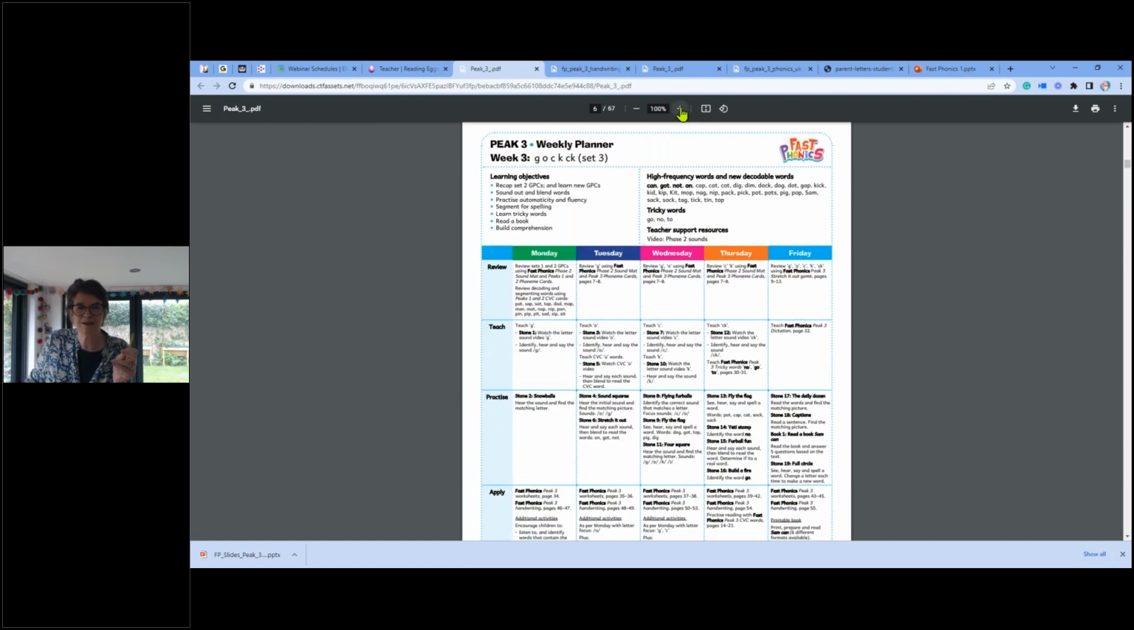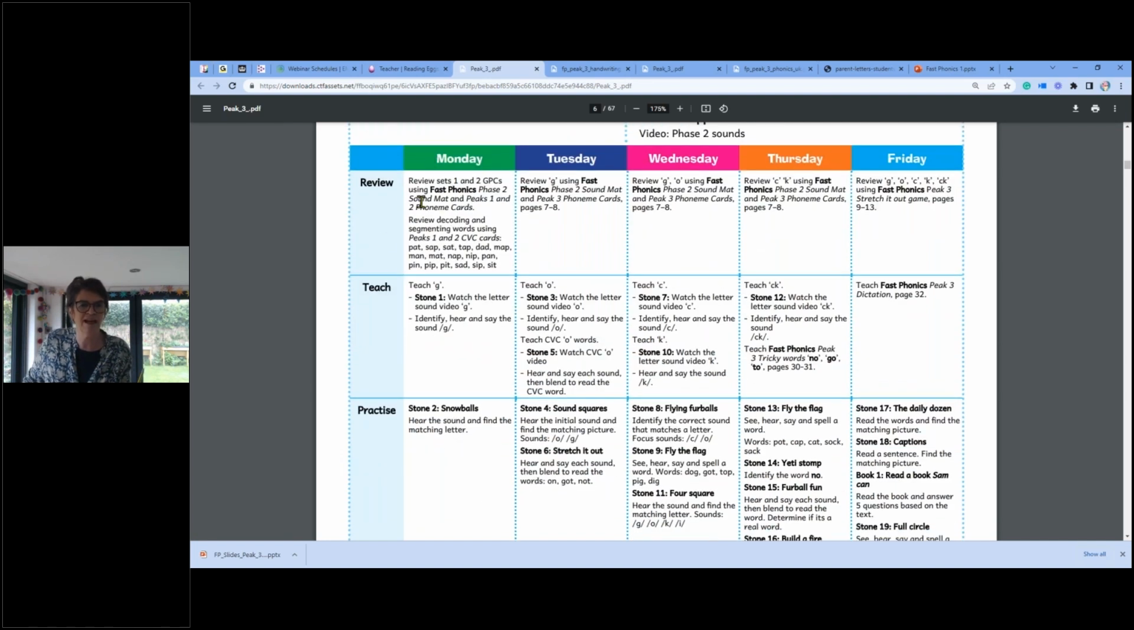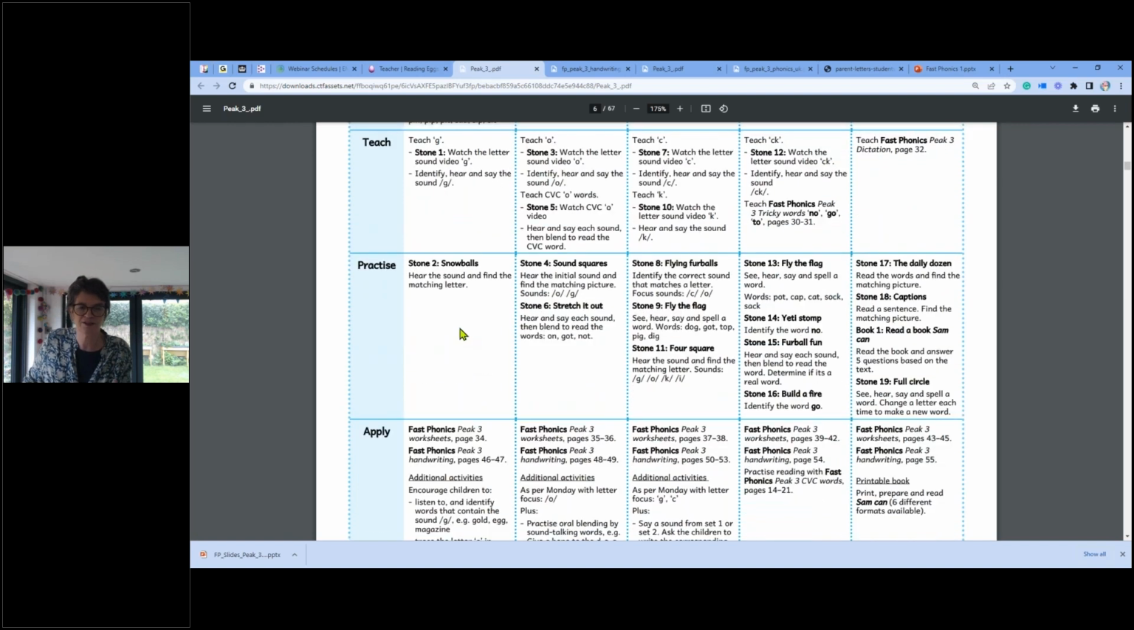And then I'm just going to increase this so it's a little bit easier to see it on your screen. But you can see here those learning objectives, all the words that you're going to be covering. So like I say, giving you everything that you need to really support phonics. So here, for instance, Monday, I know what I'm reviewing. I'm going to be teaching that G sound, and that's on my Stone 1. So on the first stepping stone, we're going to watch, we're going to practice hearing and saying the phoneme, and then we're going to go in and do that stepping stone,